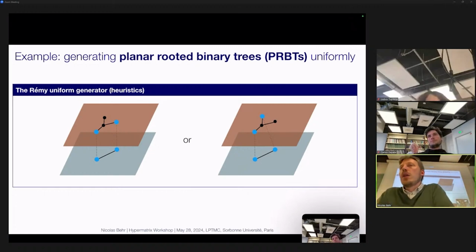It's still very counterintuitive, so I thought I would maybe close on a concrete example from combinatorics that just highlights this idea a little bit. Here the point is, we take a data structure, planar rooted binary trees, and I only chose this example because there's a particularly simple way of sampling from a uniform distribution of all possible such things at a certain number of vertices.